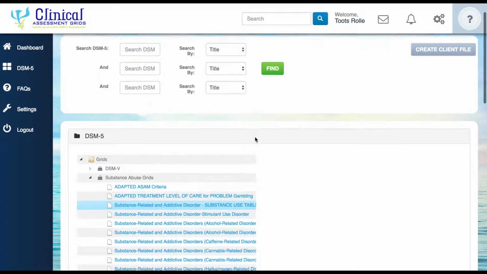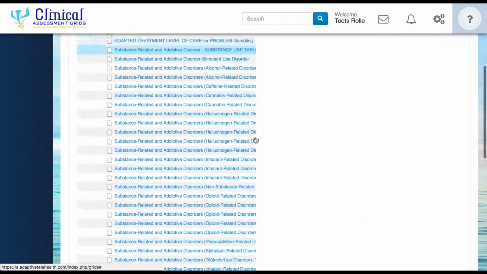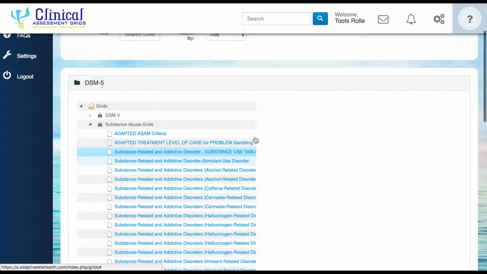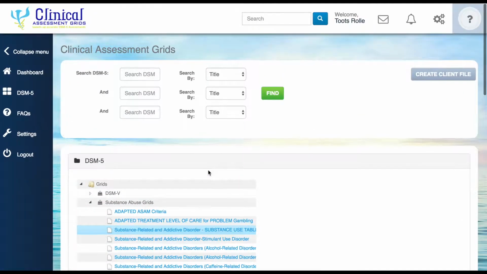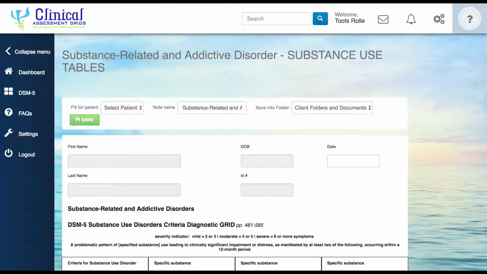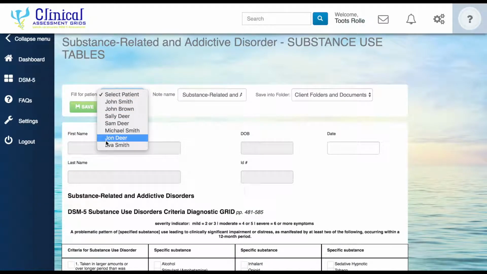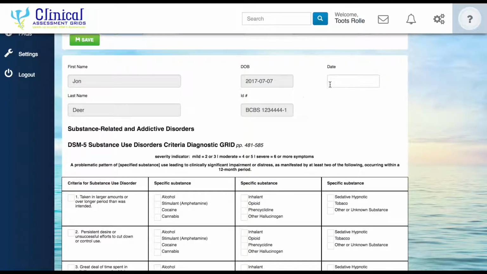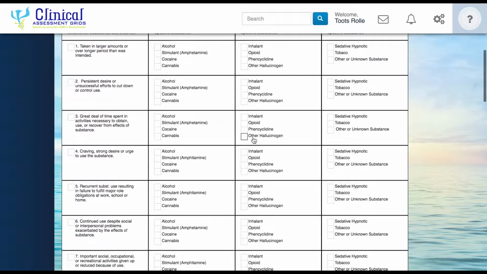Substance abuse is a bunch of disorders. Okay, it's right here. And actually, we put them together in one grid. So let me open it so I can show you. Okay, and there we go. Of course, we should select the patient first, and we did John. Okay, and it auto-populates here, and let's put the date. Okay, there it is. Remember, substance use disorder has 11 criteria,